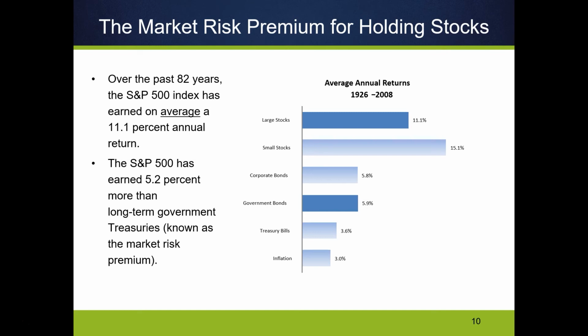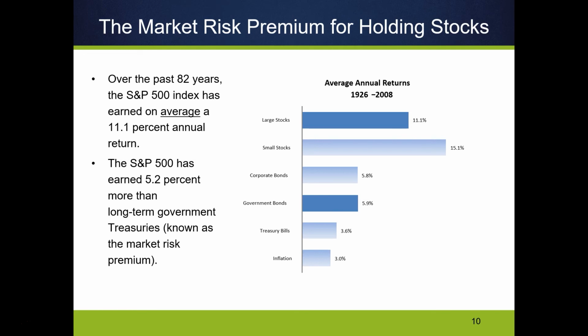But if we just take the S&P 500 here, over the last 100 years or so, the S&P 500 has earned on average 11.1% as an annual rate, right? So these are the largest. S&P 500 is the largest 500 stocks in the U.S. market. So these are the biggest companies, and on average they provide an 11.1% return. Now you can see in this graph here that smaller companies actually provide historically a larger return than larger companies, and that's a distinction we're going to talk about again later.